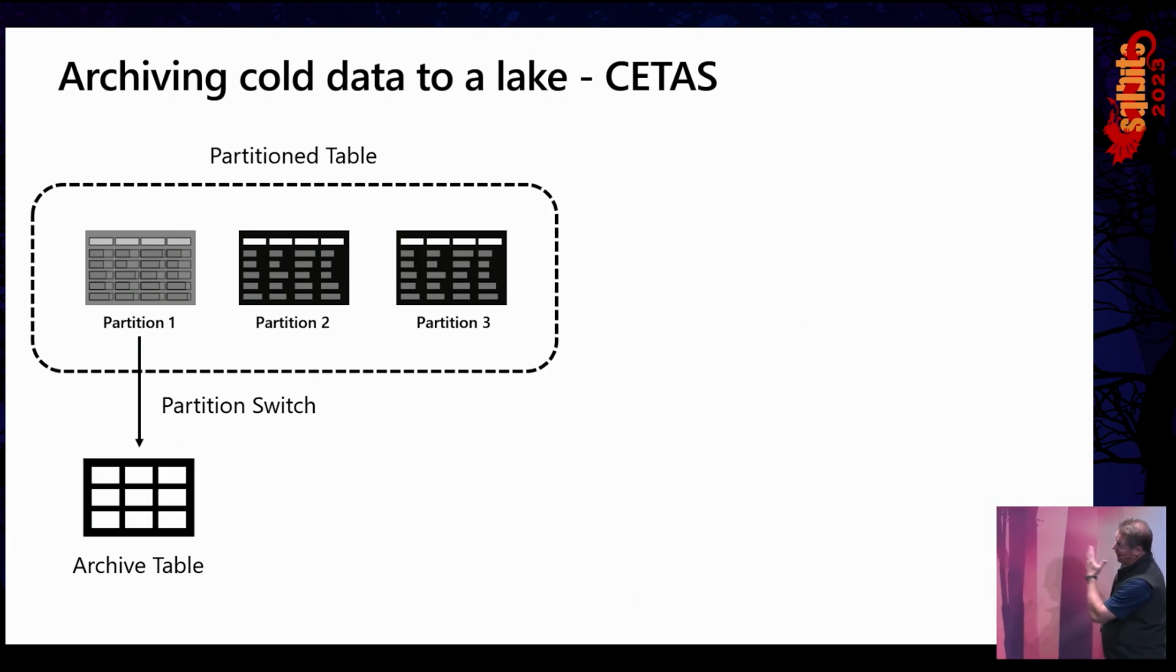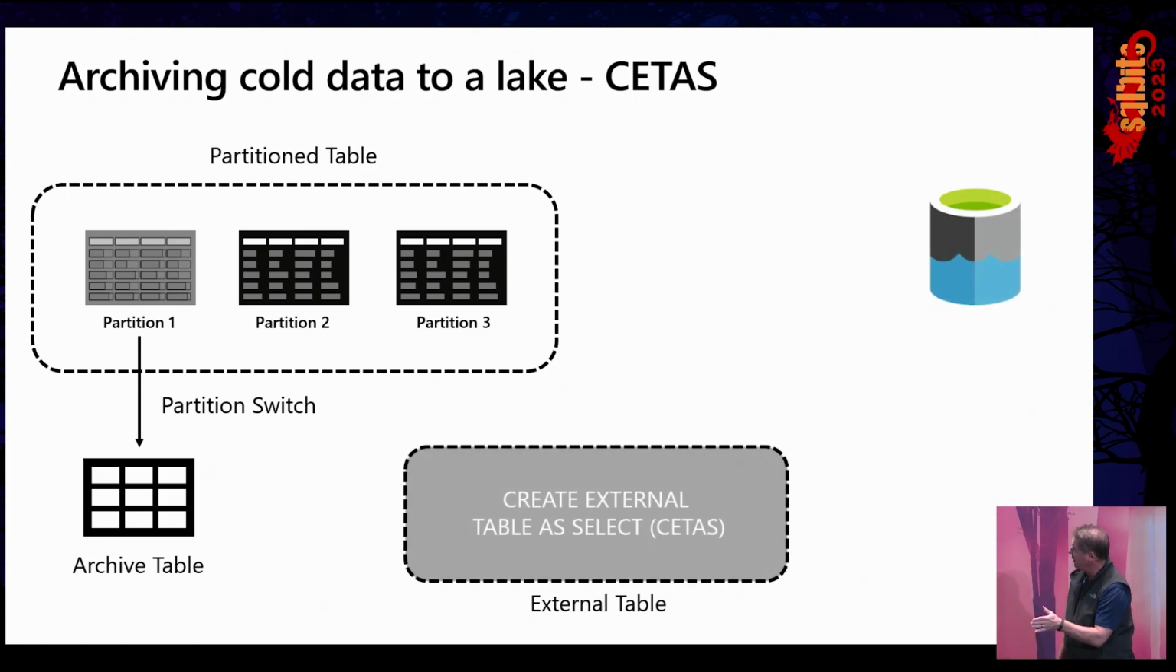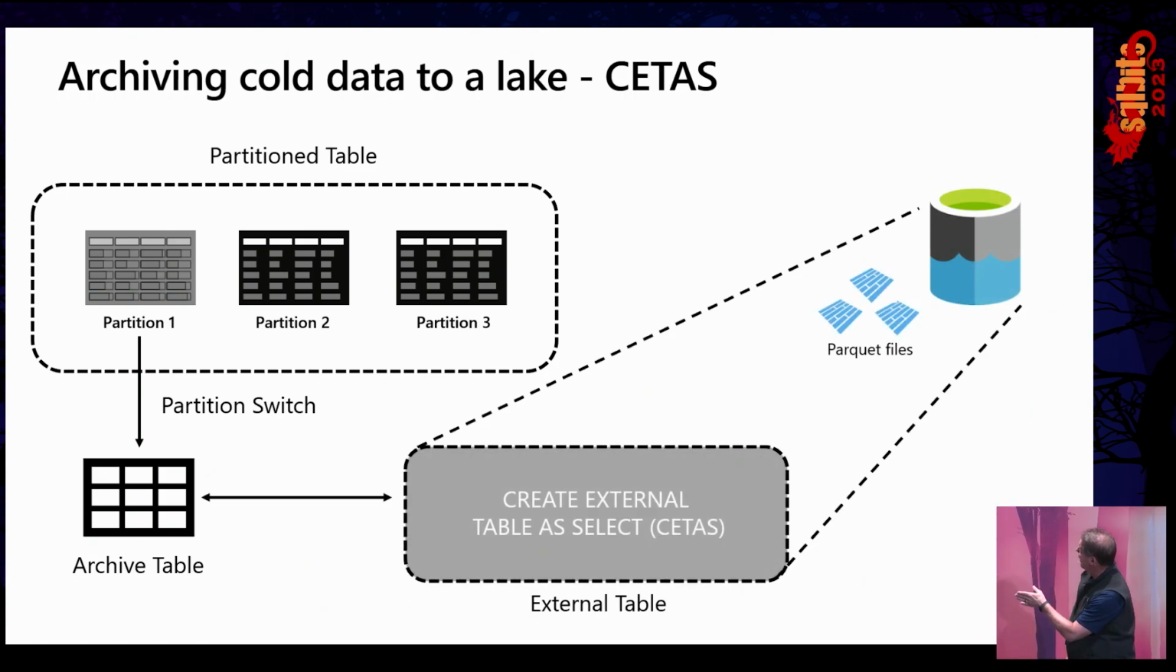So I said to myself, well, if I do that, can I just take that archive table, use this concept called CETAS, create external table as select, run this against that table, and stick them over in Azure Storage or S3 Storage. In fact, what I could do is create this external table. I could actually create a folder within my Parquet storage system, call it, I don't know, 4th quarter of